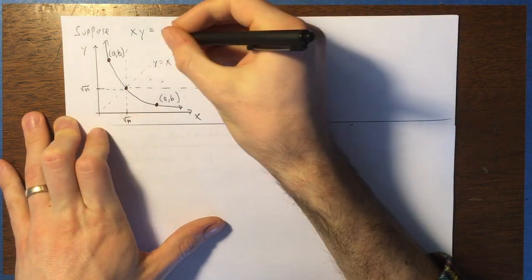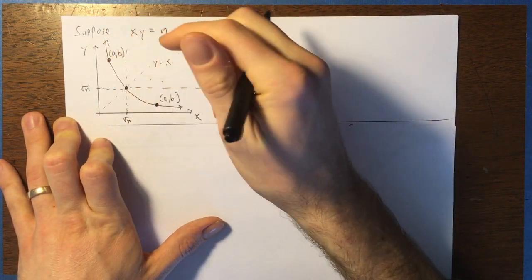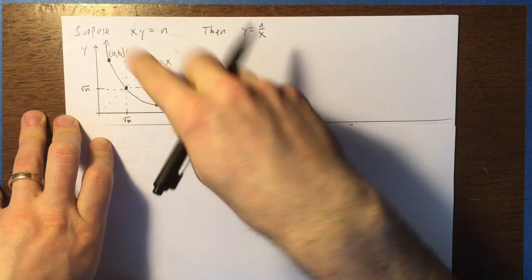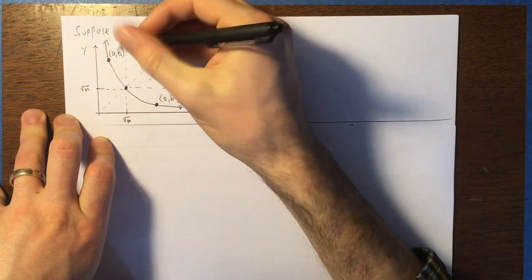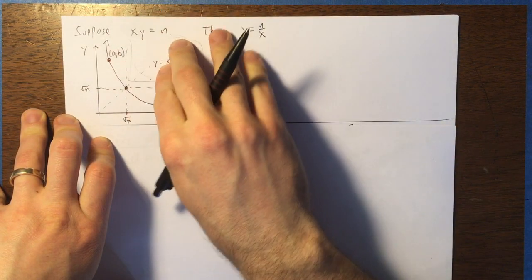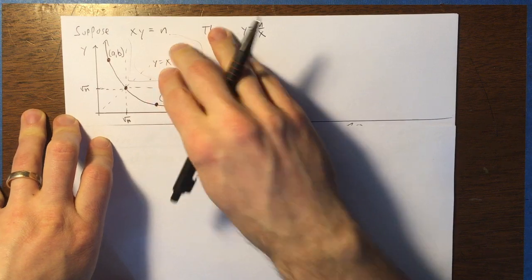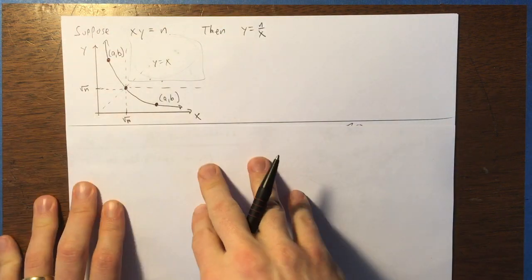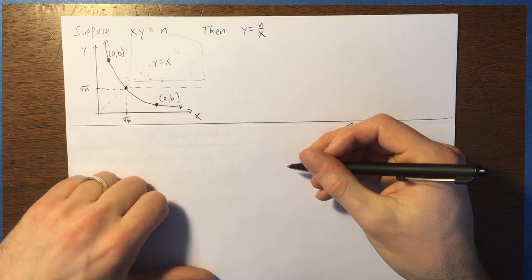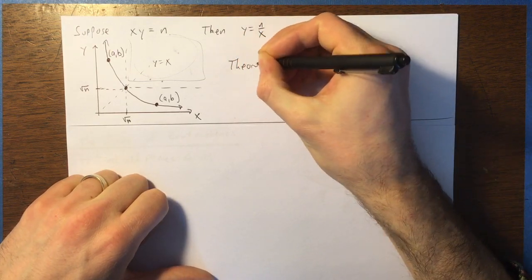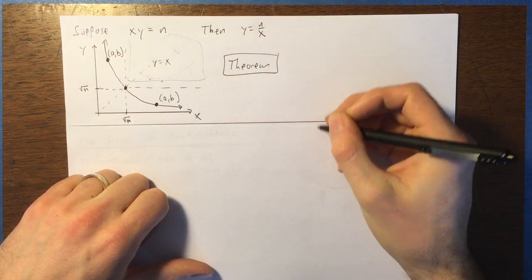Because you're never going to get a point which is up in this area. I'm not circling the y equals x line because I'm drawing attention to that. I'm just circling this region up here. You're not going to get a point up there where they're both larger, and you're not going to get a point anywhere else. So there's a theorem that we can write to sum this up, which says